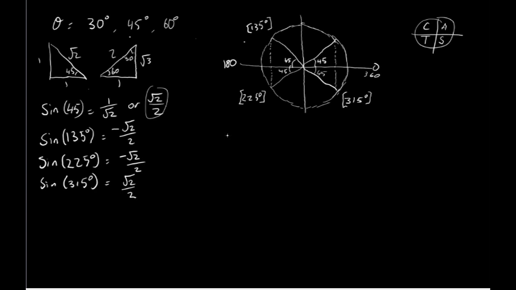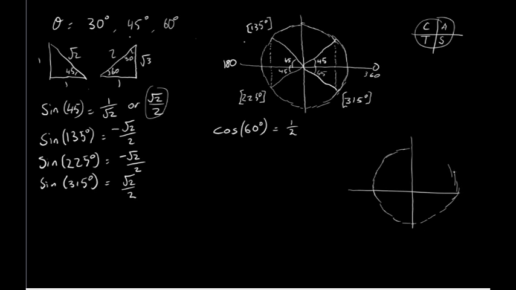So let's take a different angle now. Let's say cos of 60 degrees. Well, cos of 60 is 1 over 2, adjacent over hypotenuse, using this exact triangle. And I can work out, let's draw up a second circle here. Okay, so 60 degrees, roughly over here. Well, that's the same as this triangle here if I flip it vertically,